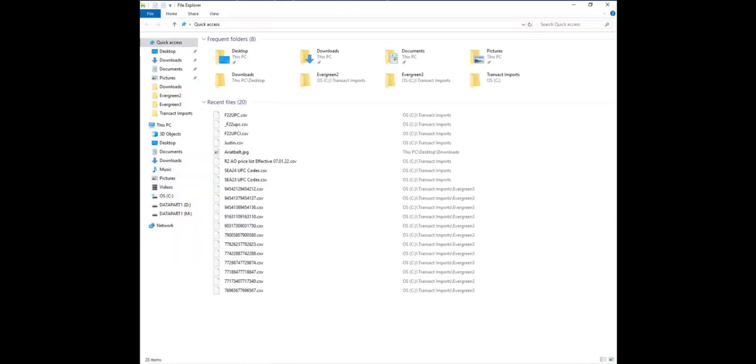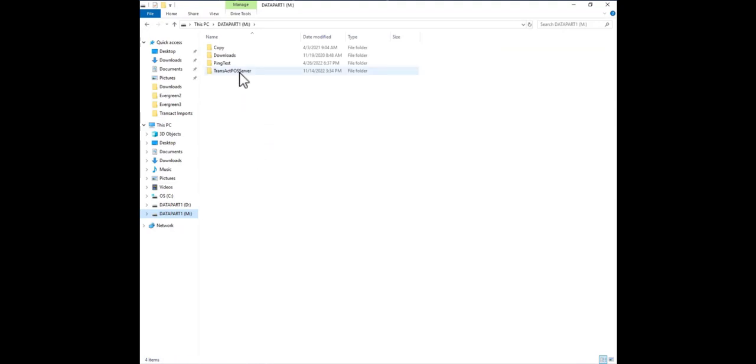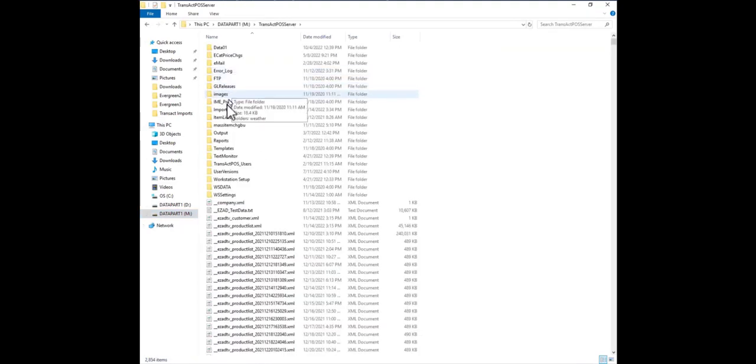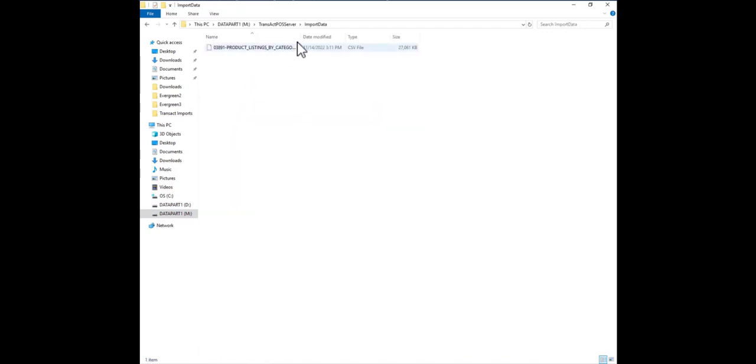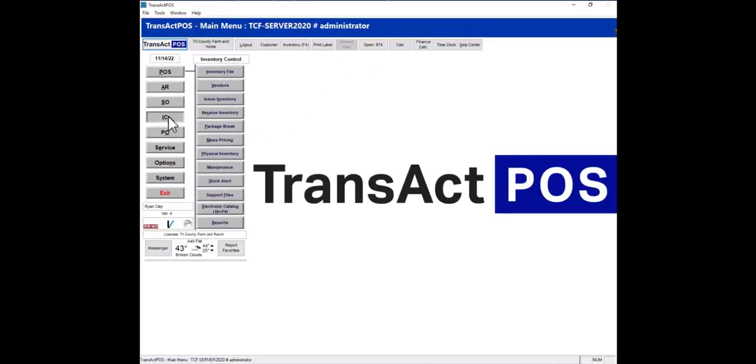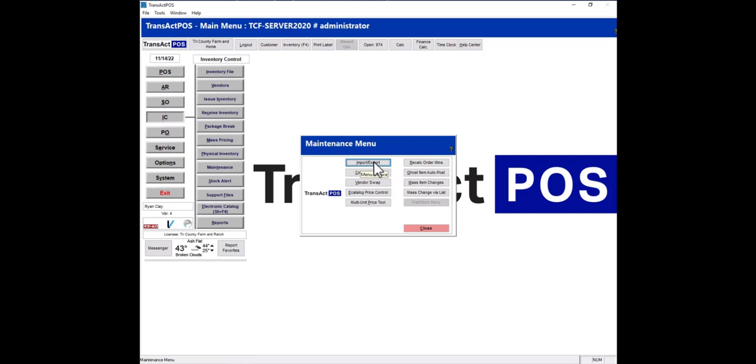We have located the data within the TransActPOS folder simply into this import data folder. And this is the CSV file we will import as it is, identifying it by the columns we were just talking about. So what we're going to do is go to IC maintenance, import,